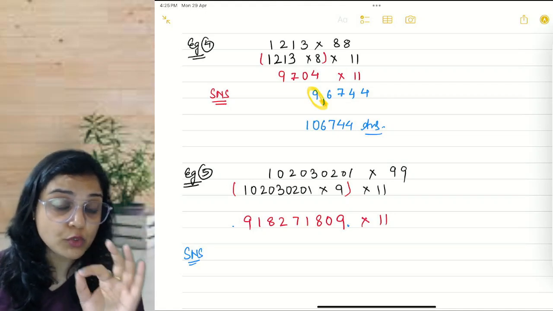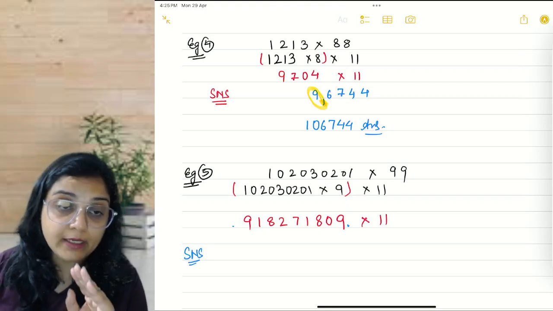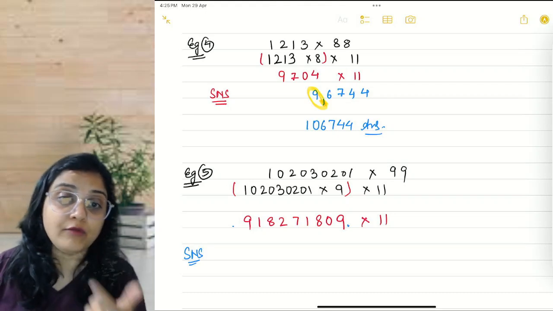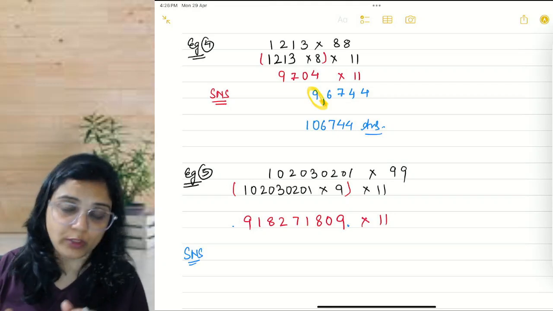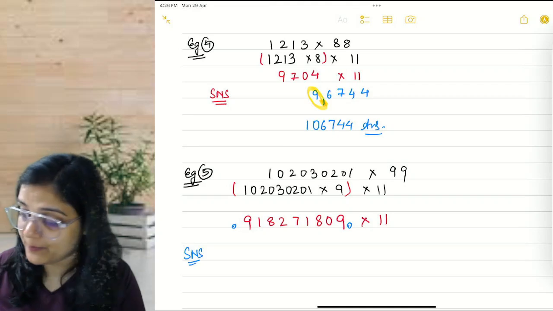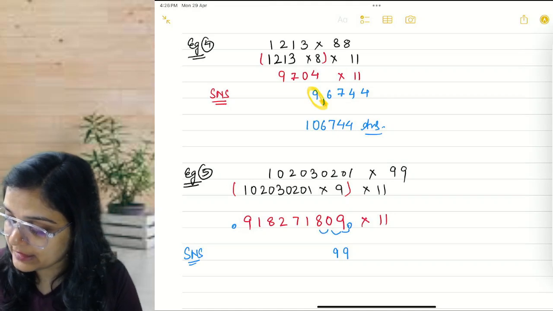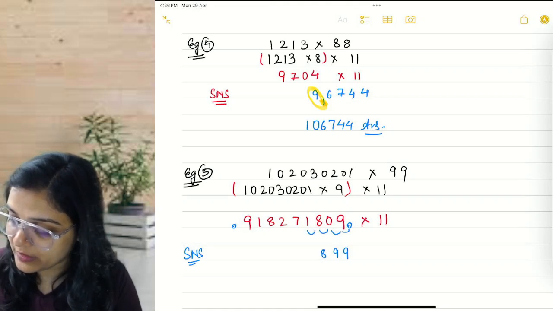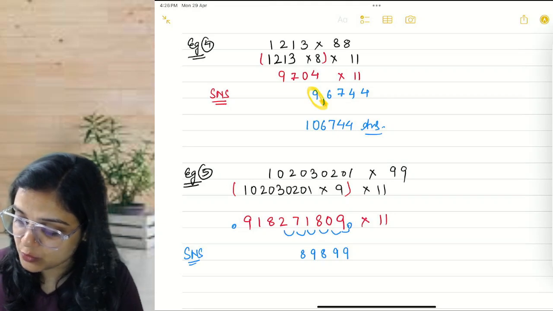If you wish, you can write it further completely. I am not saying that you don't write it. It's up to your practice because I have done it earlier and I'm expecting that you have also done the assignment. That's why I'm doing it like this. Otherwise, you can put these zeros as well. So 0 plus 9 is 9. 9 plus 0 is 9. 0 plus 8 is 8. 8 plus 1 is 9. 1 plus 7 is 8. 7 plus 2 is 9. 8 plus 2 is 10.